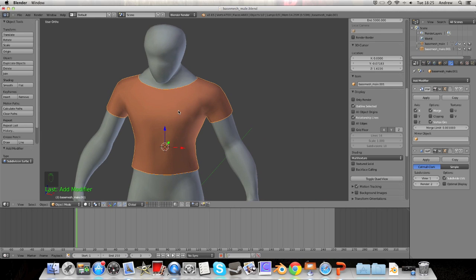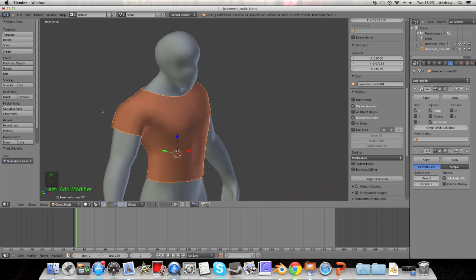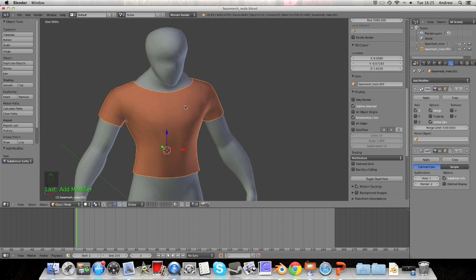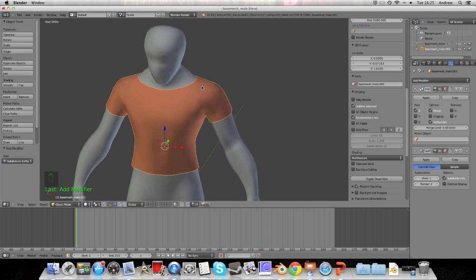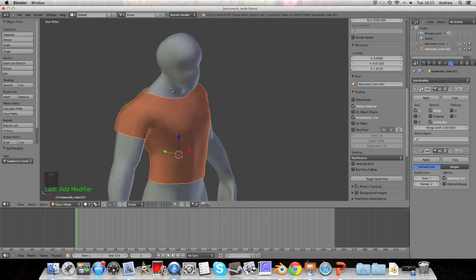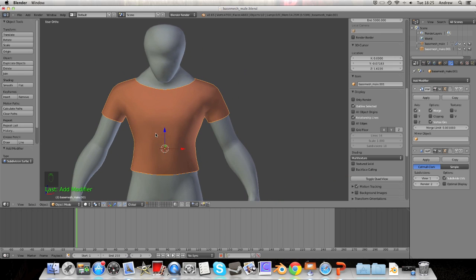But obviously a t-shirt isn't going to be this perfect. So what we're going to want to do is maybe add a few more folds in the bottom of the t-shirt here. I think the top of the t-shirt is probably okay, in fact, but a t-shirt generally isn't going to be this visible, and this guy has a massive neck, so I'm not too sure if you want the actual neck here to be that big, but we're going to focus on the bottom of the t-shirt being more folded than